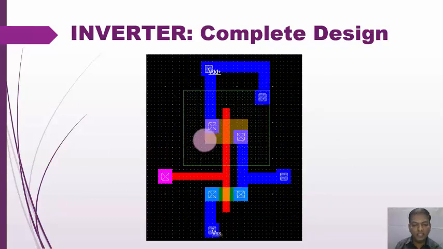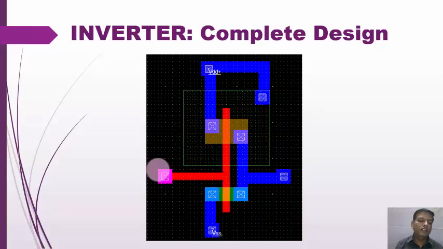As per the circuit schematic, here we have to take this particular PMOS and NMOS. This should be the PMOS and this should be the NMOS. Here we have shorted. Here the source, drain, source, gate and drain terminals are there. And here source, gate and drain terminals are there. So both the drains are short circuited and we have taken the output terminal here through the metal contact. Then VDD is provided through the metal contact to the source terminal of the PMOS transistor.